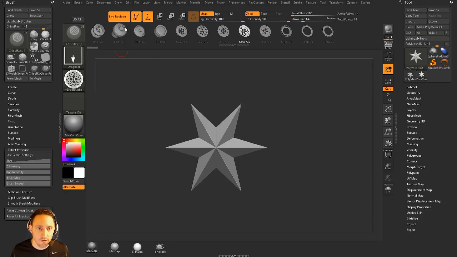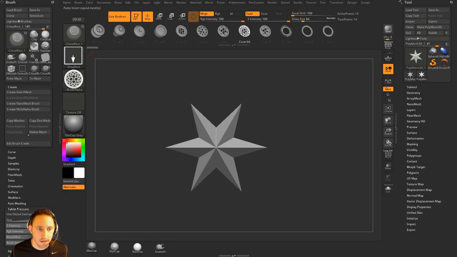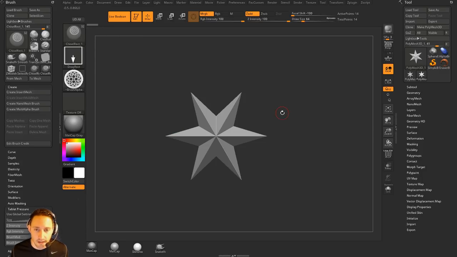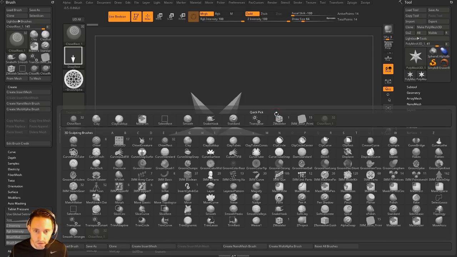Brush, Clone, so we're working on a clone of that brush, and then go to Create, and then just hit Delete Mesh. So you're going to see that number is going down as we go. So now we just have an empty Chisel Rect brush. So what I can do is I can take this star, I can go to Brush,